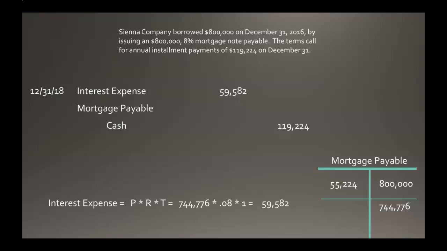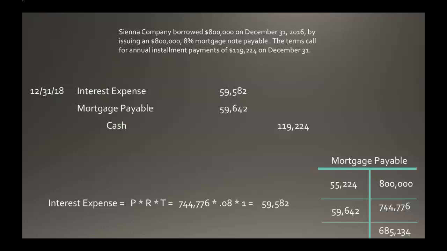Now, for mortgage payable, we take our cash, subtract our interest expense, and you'll see that the mortgage payable amount will be $59,642. So if we update our T account in the lower right, we will debit the $59,642 for mortgage payable,